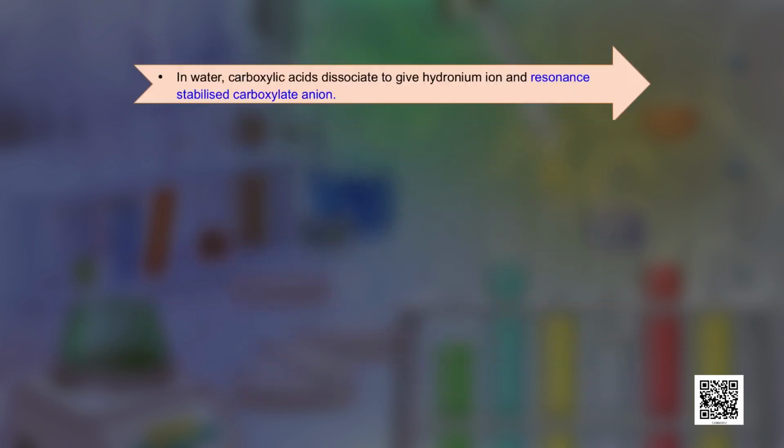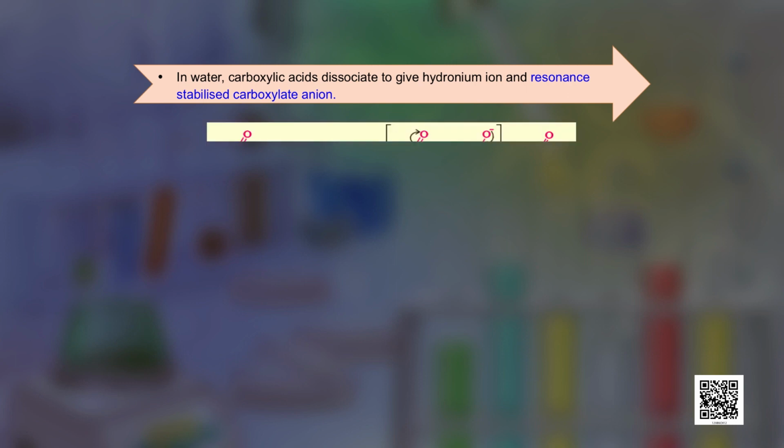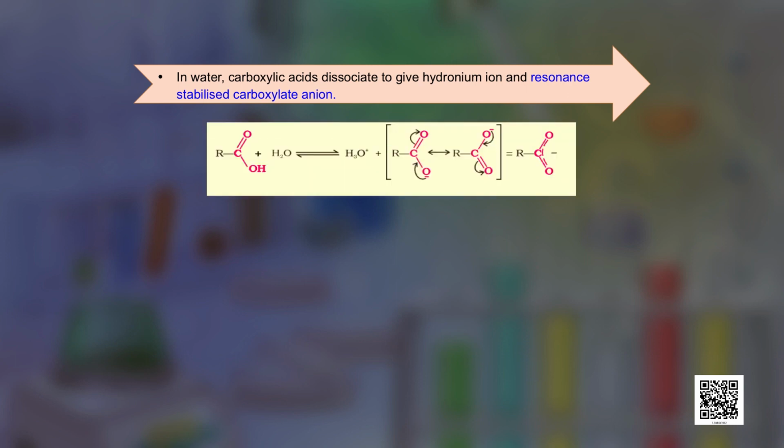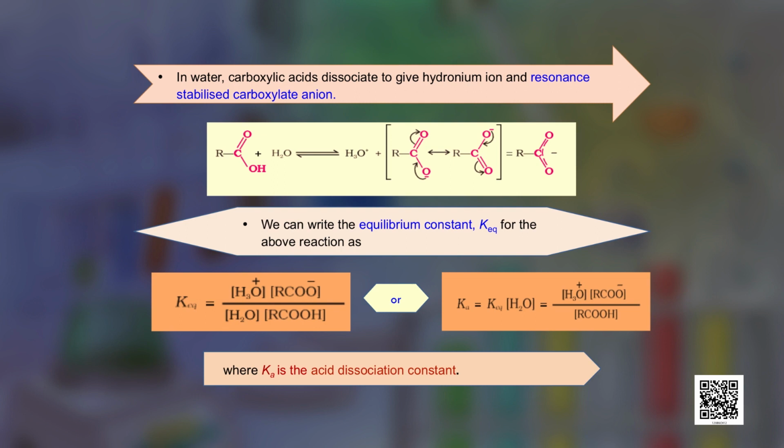In water, carboxylic acids dissociate to give hydronium ion and the resonance stabilized carboxylate anion. You can see here the resonance structures for the carboxylate ion, where negative charge is equally distributed on the two oxygen atoms. We can write the equilibrium constant, K equilibrium, for the above reaction as K equilibrium is equal to the concentration of carboxylate ion times the concentration of hydronium ion divided by the concentration of carboxylic acid multiplied by